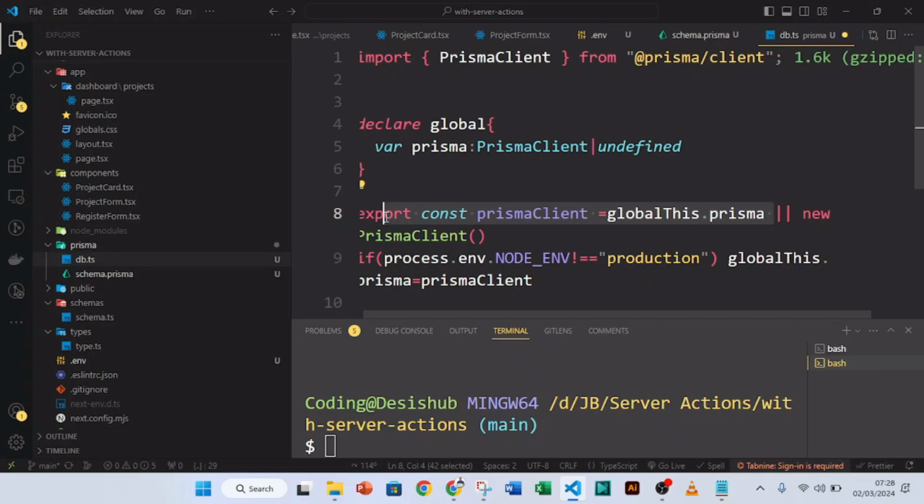Okay, and we could just say export async function